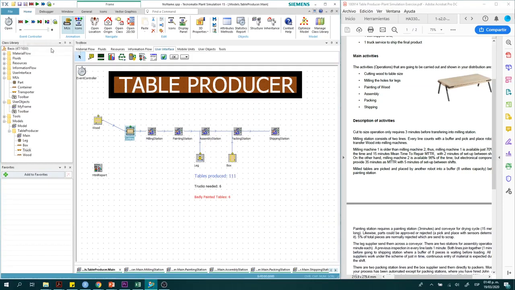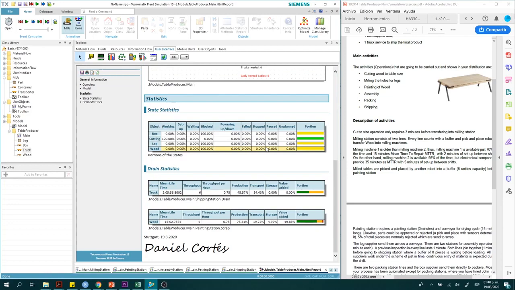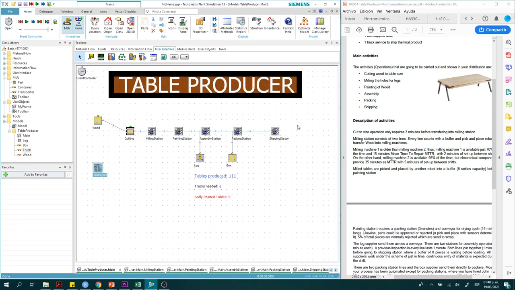We had 146, and now we have 111. So if you want to modify, or you have your BSM as estimator, but you can modify your parameters over the simulation to corroborate that data. You want to see the report? Well, you can see the report here. The report only shows what is available here. So